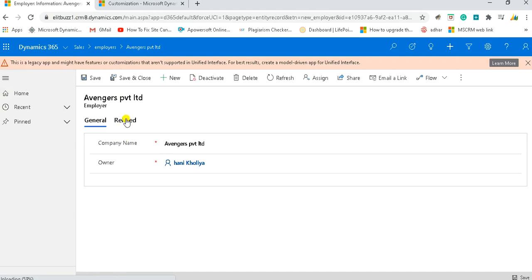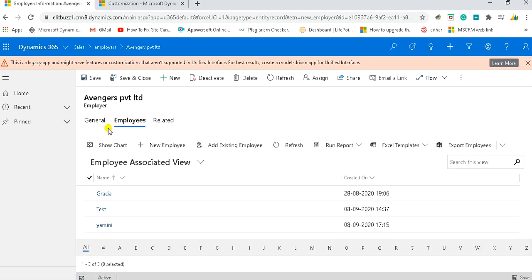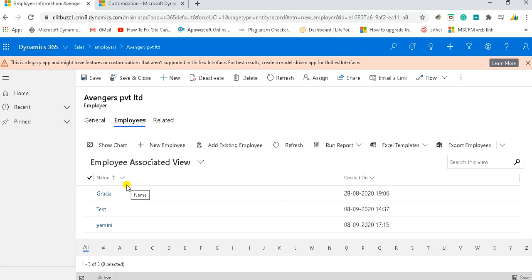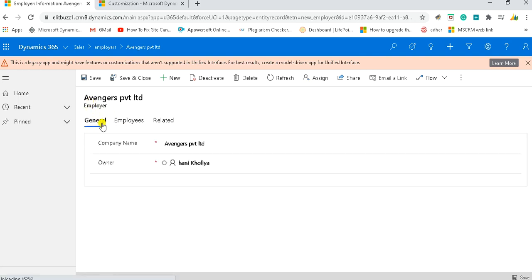So in this way, I can check for the records of other entity, that is employee, using my employer entity.